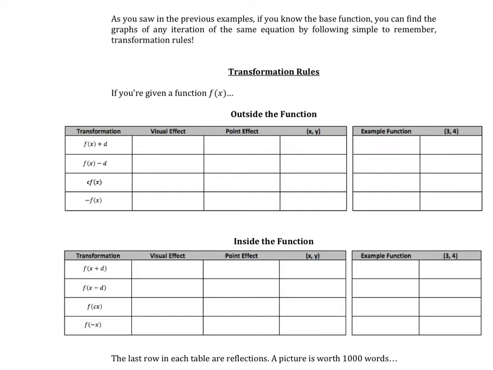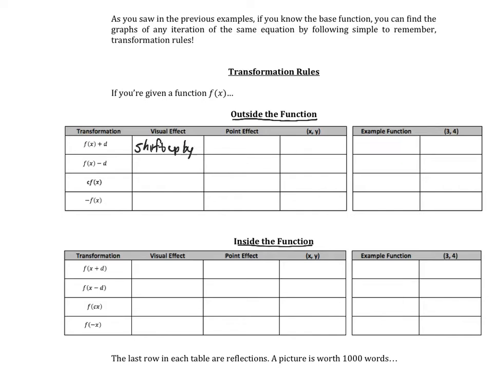The two biggest things we want to consider when we talk about transformation rules is this idea of doing something outside the function versus inside the function. So let's take a look at some outside the function transformations first. f of x plus d means we're doing some type of addition outside the function. We have some function, and at the very end we add something. The visual effect of this is that the graph is going to shift